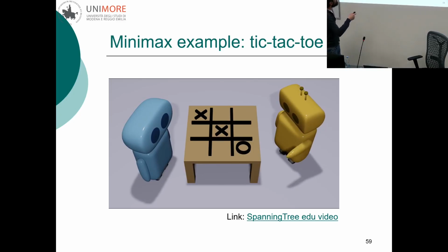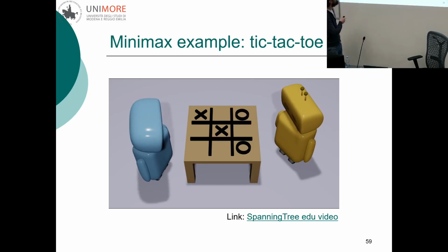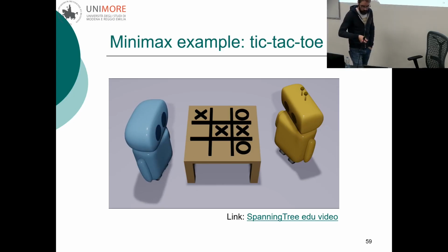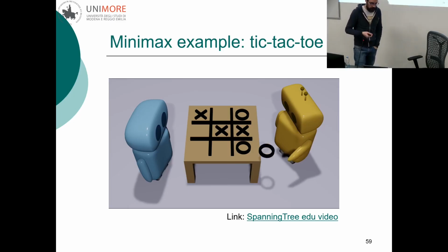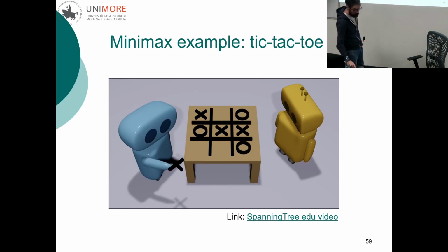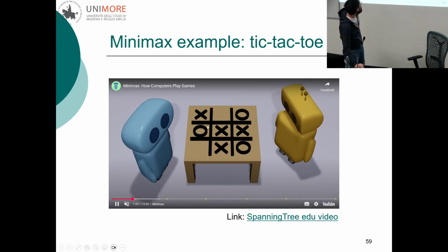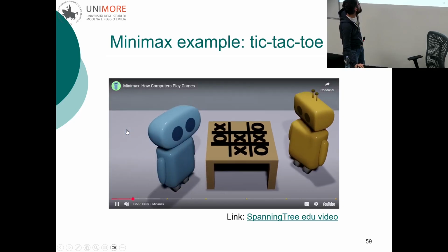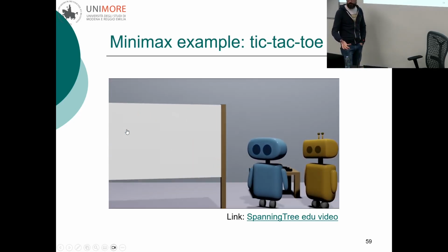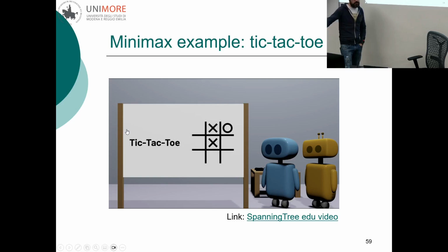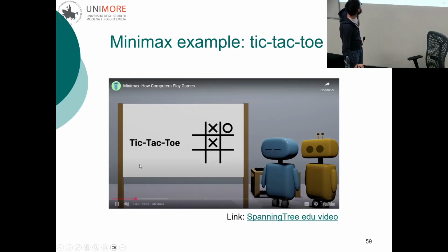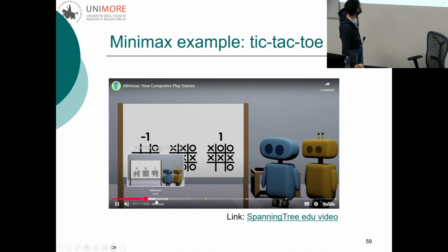So again, we have two agents. They are playing. The blue agent is the X. The yellow agent is the circle, and they are playing tic-tac-toe. So one example of a two-agent zero-sum game. How can they decide the optimal action at each decision step? So anytime it's their turn. Well, basically, what they can do is figure out,